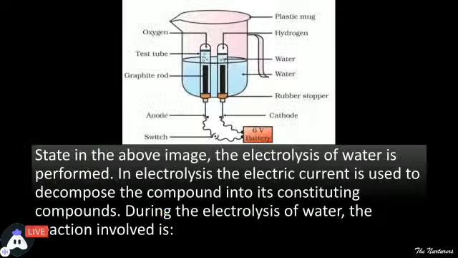Now, the next case study is about an activity. This is one of the important activities of chapter 1 of grade 10th, that is chemical reactions and equations. And this activity demonstrates the electrolysis of water. Electrolysis of water क्या होता है? First of all, what is electrolysis? Electrolysis is decomposing a